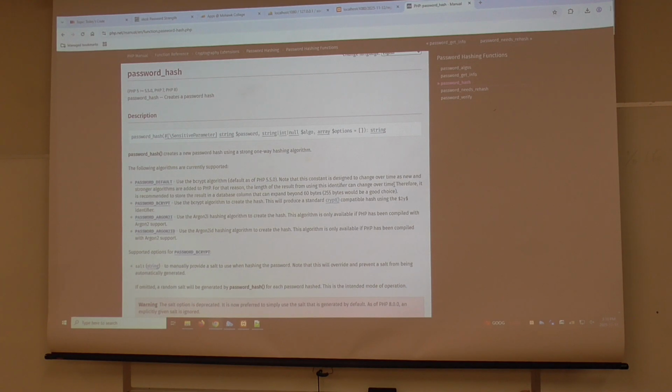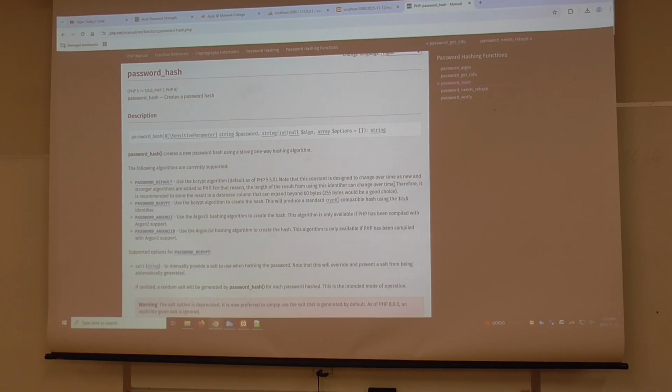The answer is no. You cannot rehash someone's password. To do that, you would have to reconstruct their original password from a hash, which is something we've said isn't feasible, right? You essentially have to hack someone's password to reconstruct it, to rehash it.